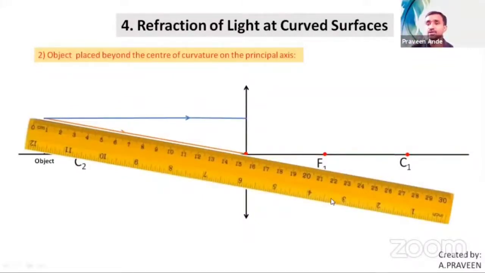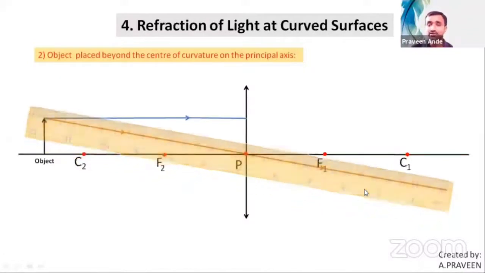Then we know the behavior of this light ray. What is it after refraction? Its path remains undeviated. So complete that before removing your scale. I got that undeviated ray passing through the optic center. It goes on continuously, no bending or refraction, so not deviated. Then remove your scale from here.